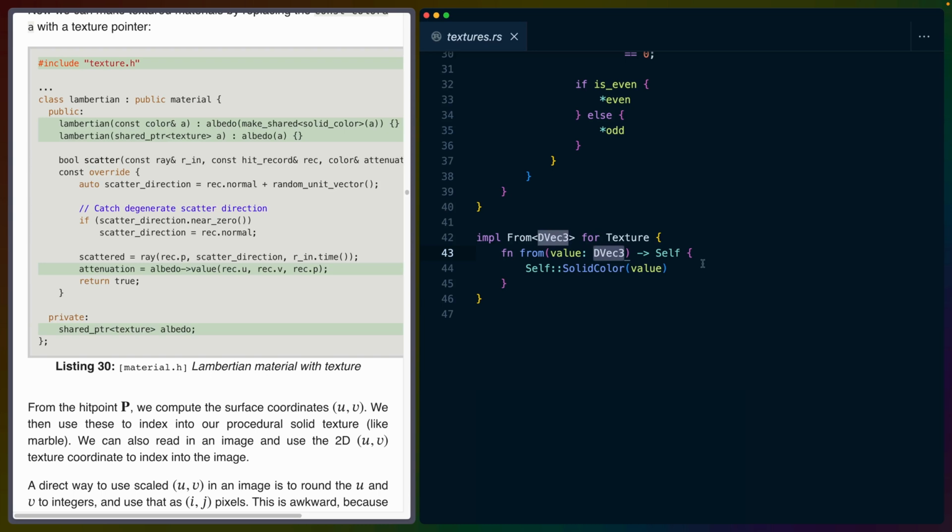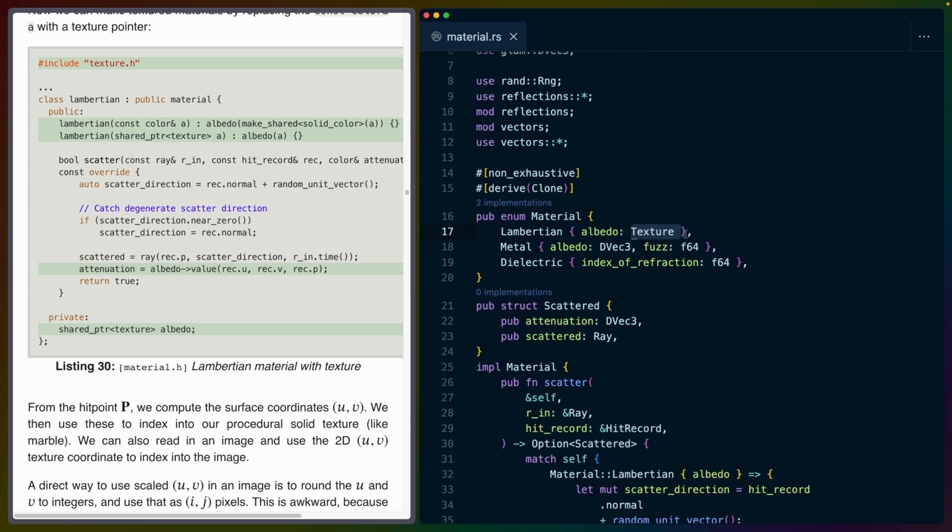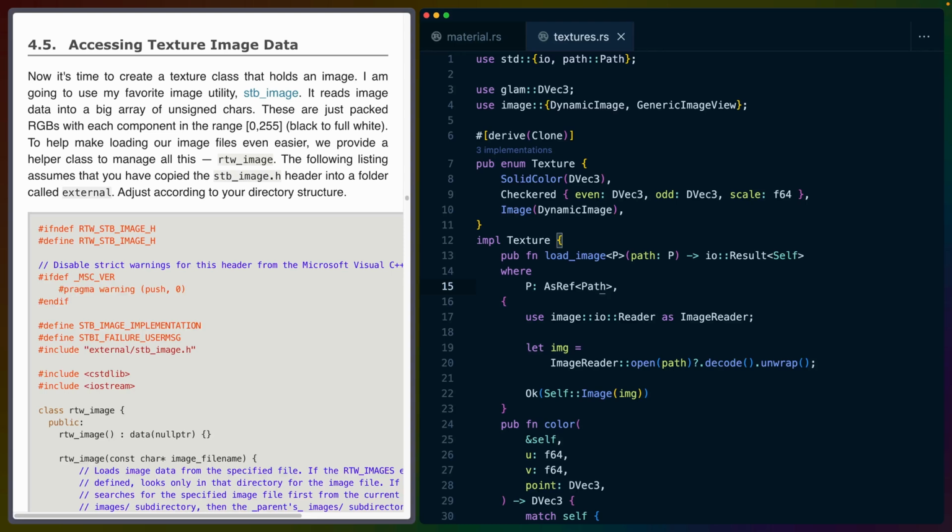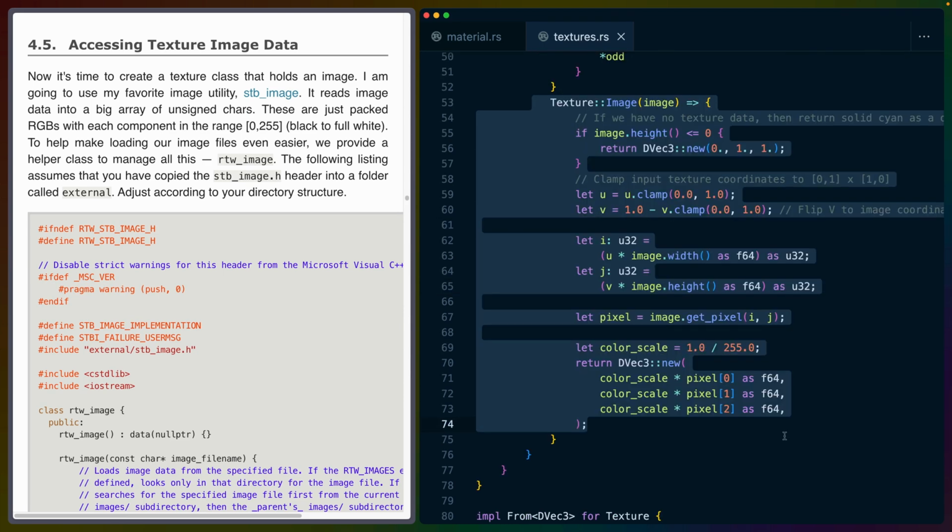Because we already have dvec3s representing colors for us, and we now have this texture solid color enum, I implemented from dvec3 for texture, so that we don't need to wrap everything in solid color every time we want to use a color. And our materials then start to use textures, which can be a color or a texture, instead of just a dvec3. With solid colors and checkered textures done, image mapping was easy to build on top of that infrastructure. Since we have texture as an enum, we add a new enum and drop in a small implementation